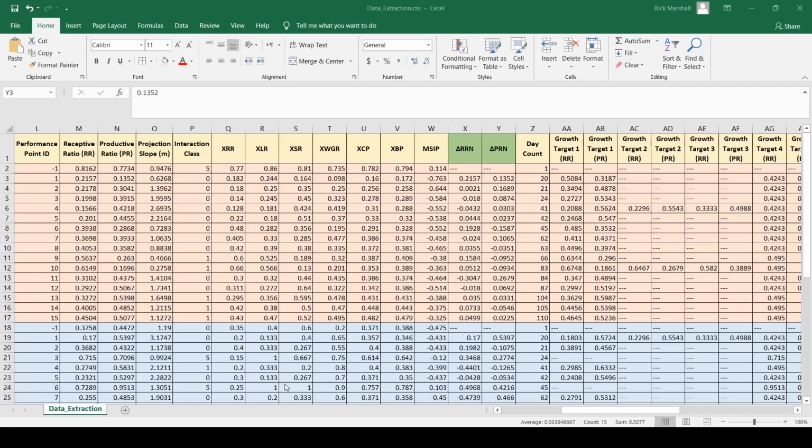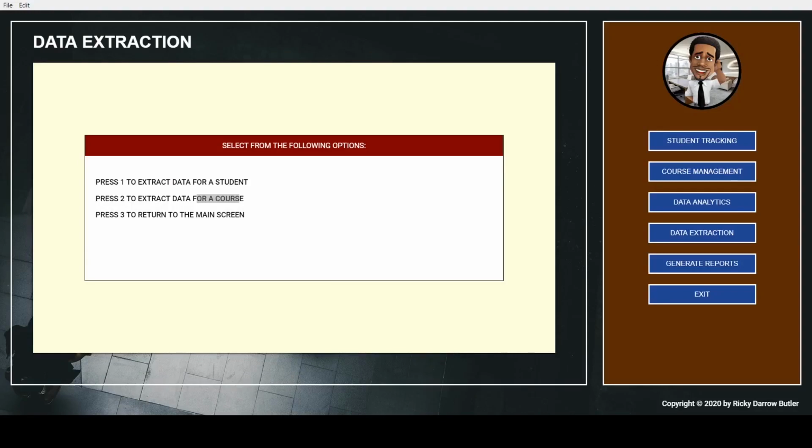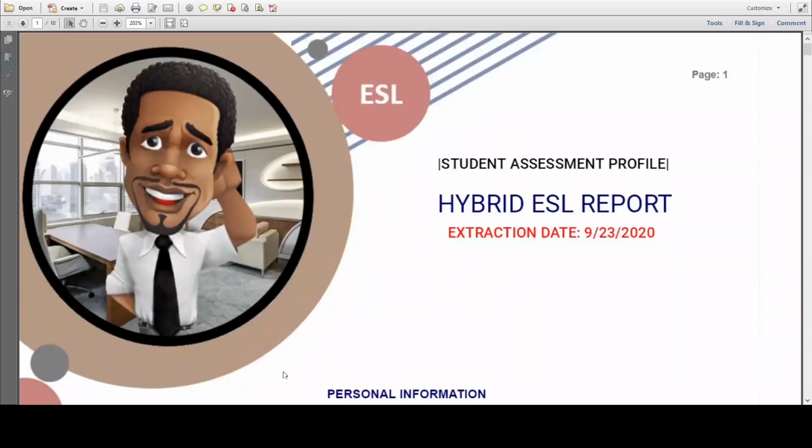If we go back, you can see that you have a whole entire module for setting up reports, right? You can do it at the student level. You can also do it at the course level. So now what I'm going to do is show you what the template looks like. So for the student report, you can see here